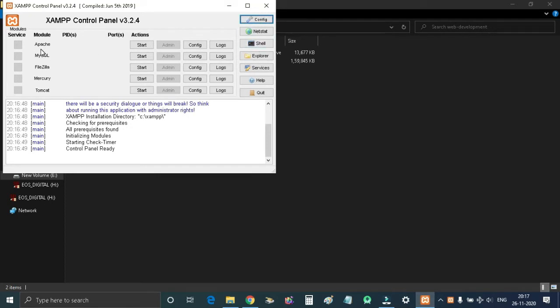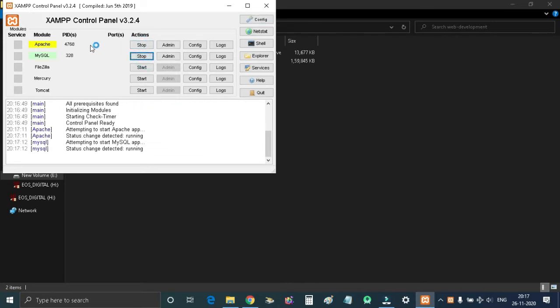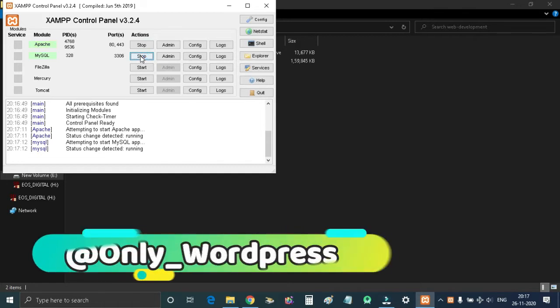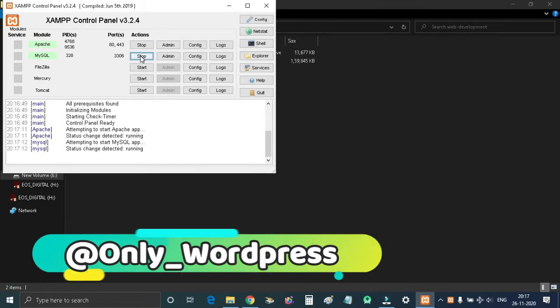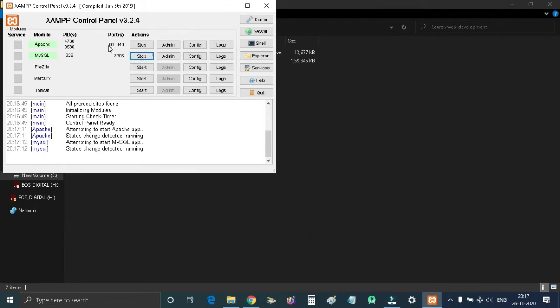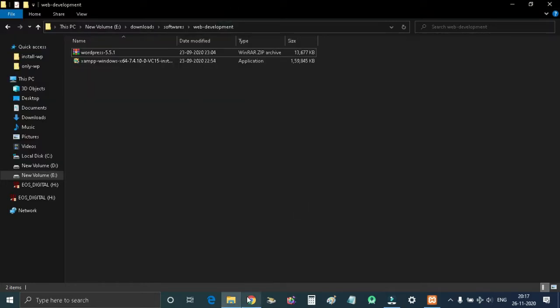The first one is the Apache server and the second one is the MySQL server, which you need to start. Just click on the start button given in front of each, and it will start easily. If you are facing any trouble or issues, you can comment down below or message me on my Twitter handle. Once you have started Apache and MySQL, make sure to check whether the installation is complete or not,